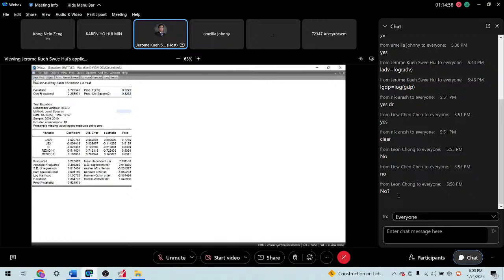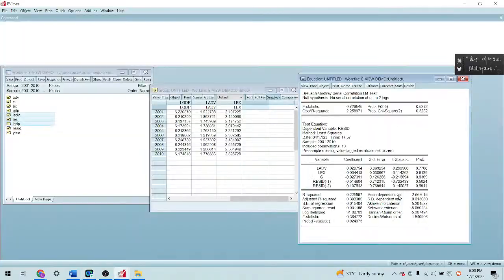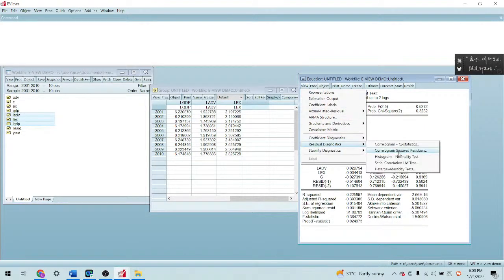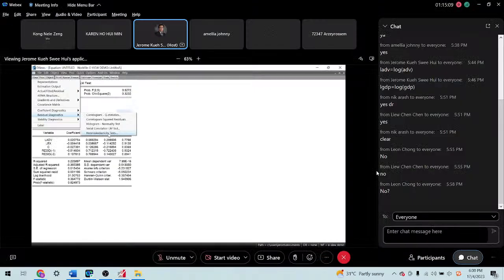Right, so we can try again. Go to the residual diagnostics, and then you can see the heteroscedasticity test. Remember, hetero, based on the classical assumptions, refers to the variance. We want to see whether the variances are constant, the same for all the observations, or whether each observation carries a different variance.